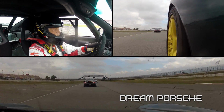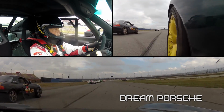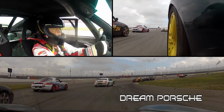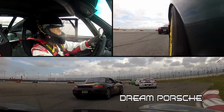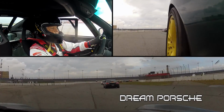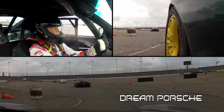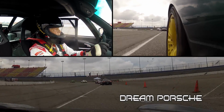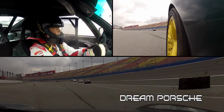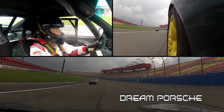Then a long straight where I generally can make up speed and position and brake as late as possible for the right turn that occurs here. This lighter Porsche Boxster with high horsepower has an advantage on me, about over 1,000 pounds, so he will be able to turn better than me, but I generally cannot accelerate him. When we get onto the high banked oval, which we're just about to do now, this is turn 1 here, and I'm accelerating in third gear,